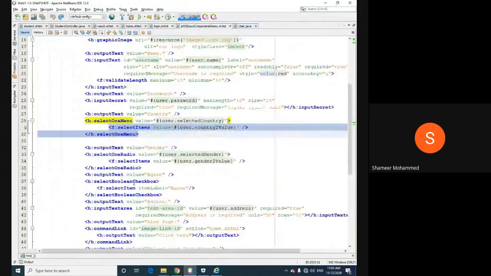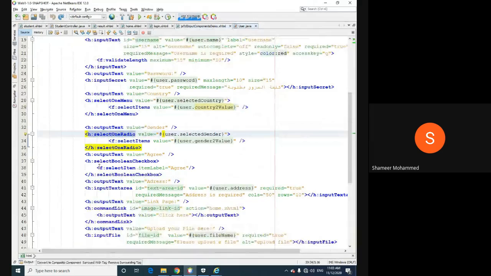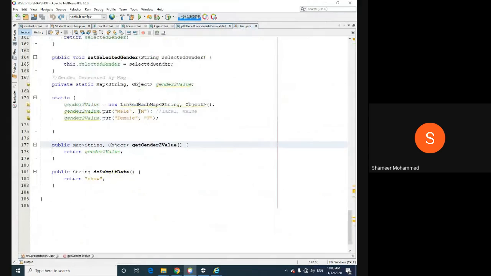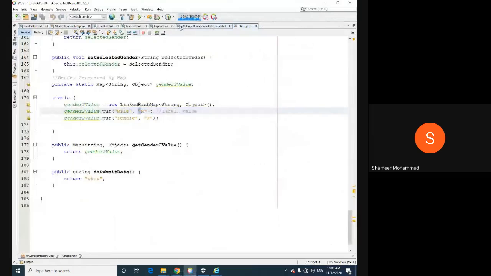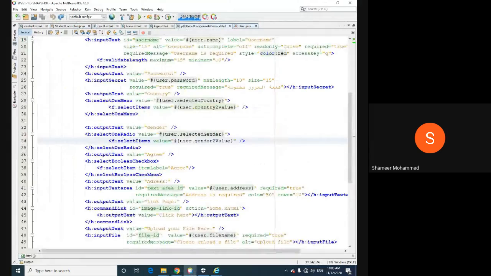Like see, select one radio. This also I am getting from the bean here. Gender to value, male, female. This is the label, this is the value. You can write the same like this. F colon select one radio button. F colon select item, right, male is the label, value M, female value F. Okay, checkbox same,